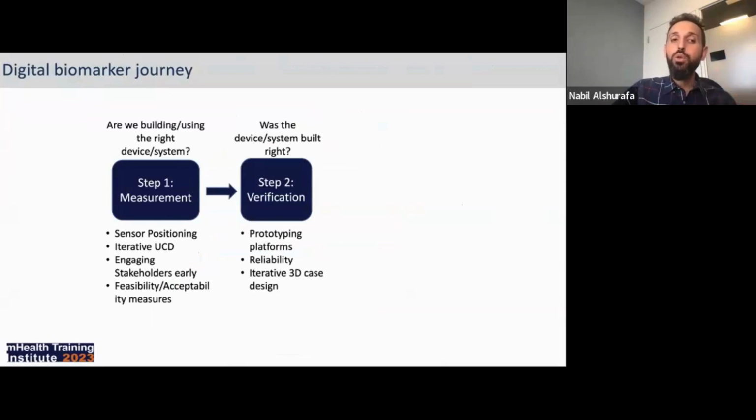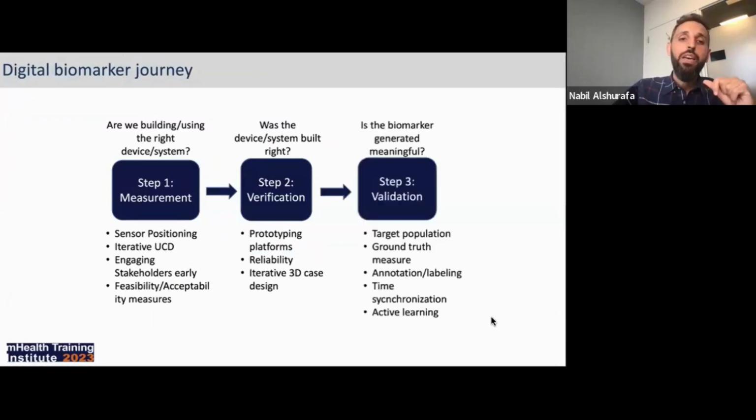So, looking at different prototyping platforms, reliability, case design, and also validation, right? Is the biomarker generated meaningful? That means making sure we tested on our target population, being careful with the ground truth measure we use, and the different annotation and labeling challenges that might arise, along with time synchronization.